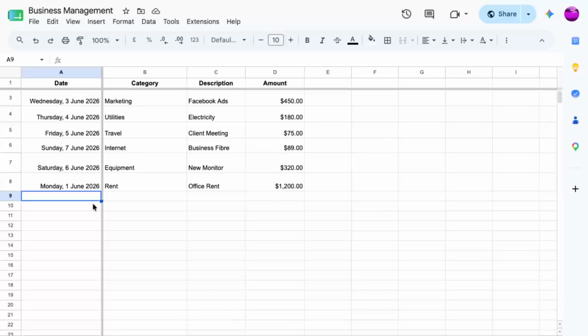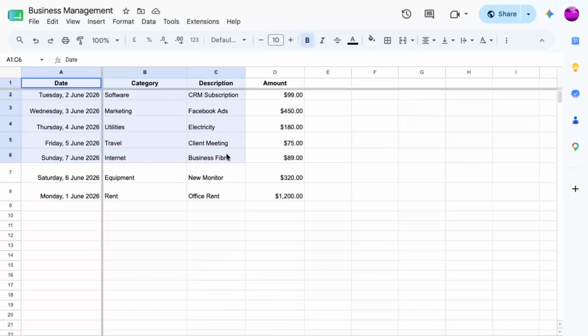Next, click and highlight the full range of data that you want to turn into a table. Be sure to include your column titles as well, not just the rows underneath. This is important because the column titles become part of the table structure and help Google Sheets recognize your headers correctly. Take a second here to confirm that you've selected everything you need because the table will be created from